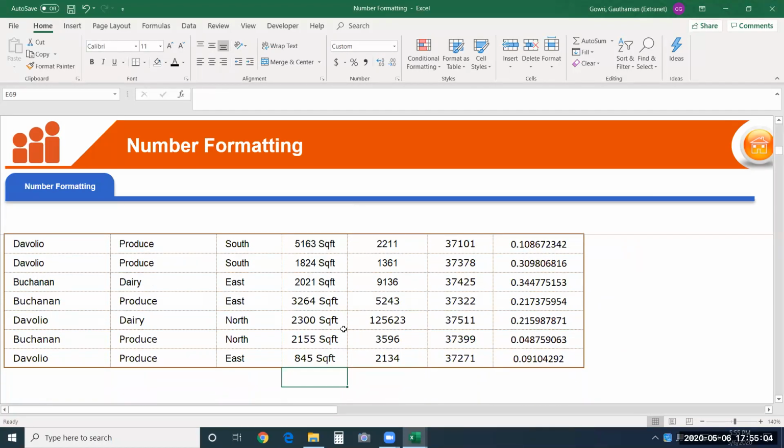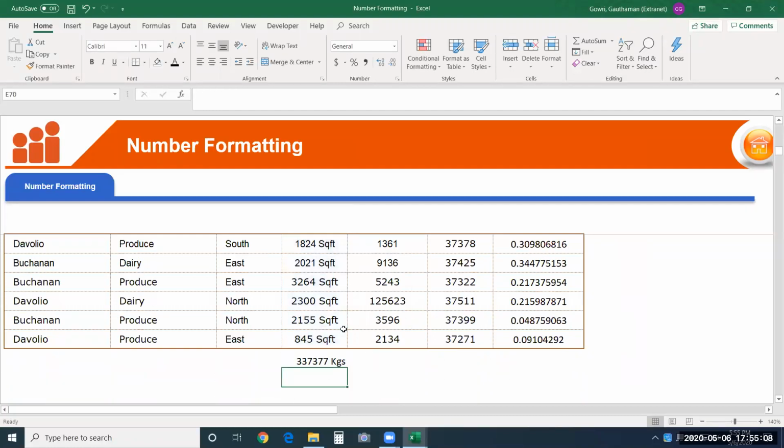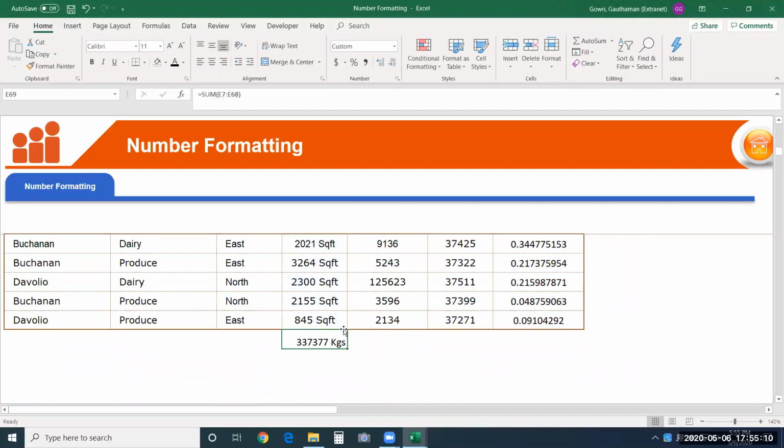If I apply sum on it, you can see it still works. I have to copy the format, then it will work. Is it clear? So this is how you can provide text along with the number. You can display it and still treat it as a number only.